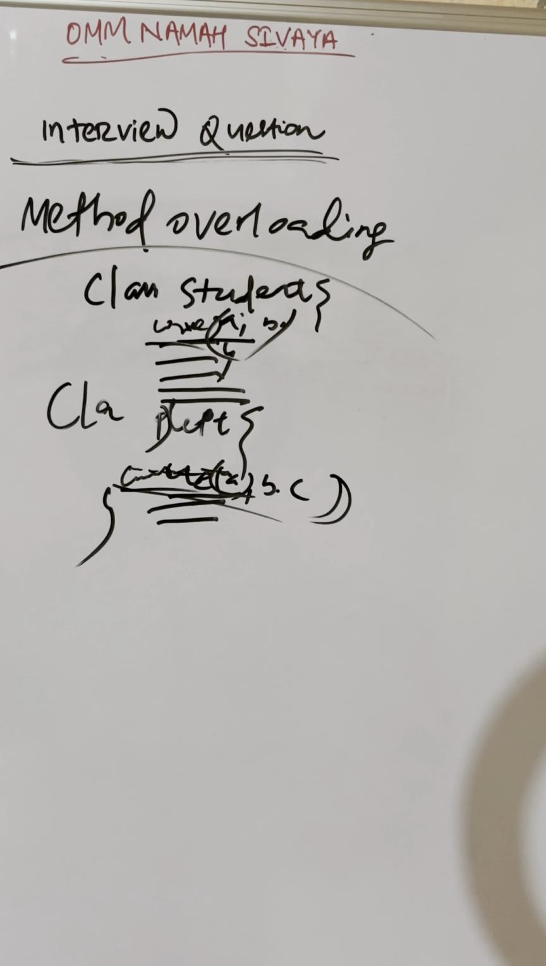This method overloading shows static polymorphism. Final method we can overload. In overloading, one class is required, it happens within a class. And next is this overloading functionality we can